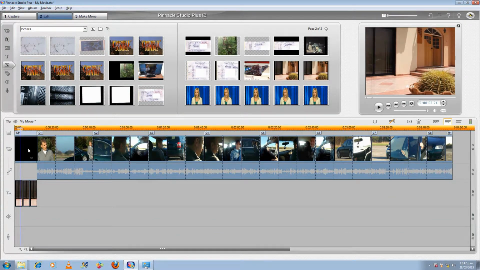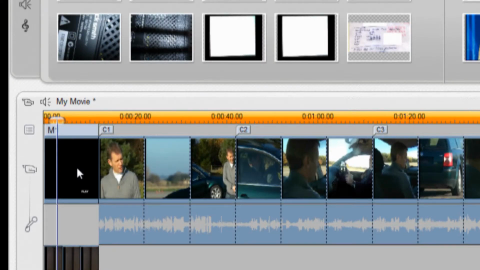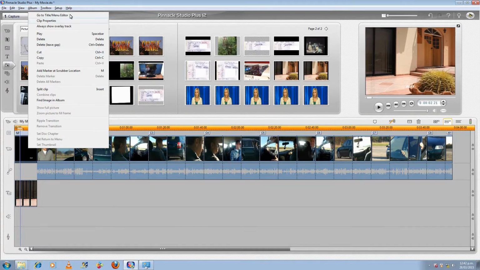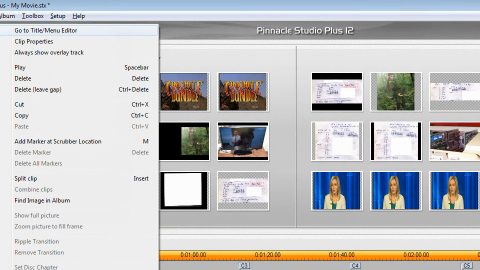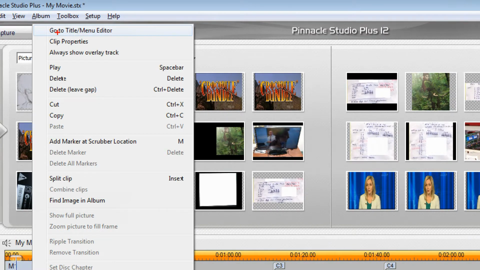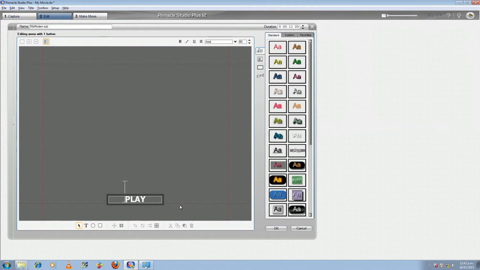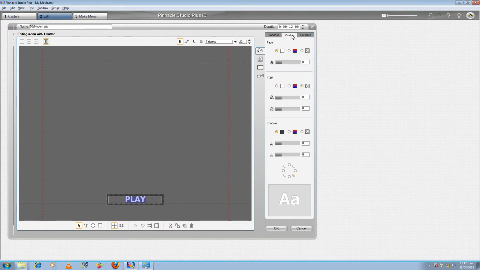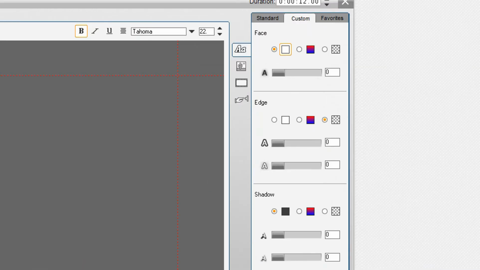So we basically right click on the menu, M1, and then we go to title and menu editor, and we're back into the menu editor, and we highlight this, and basically we will use this here, and we're going to go to custom, and here we have some options regarding the color of the font, and as you can see the font face is currently